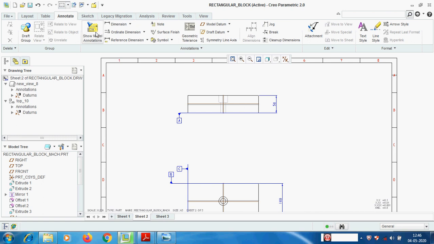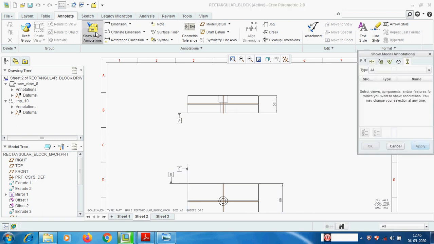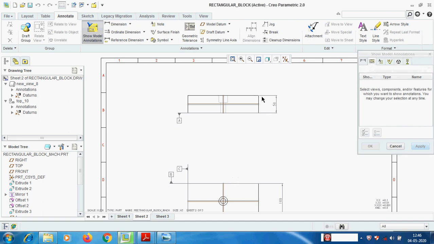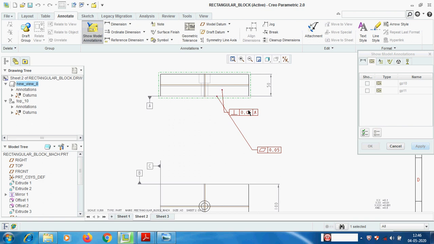See? Now we can retrieve the GTOLs also. This one. Okay.